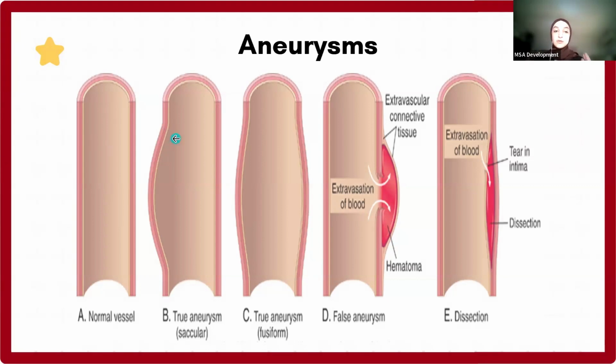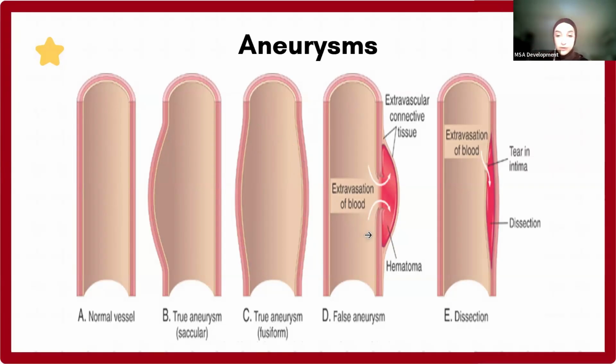So if it's saccular, it's only on one side. If it's fusiform, it's on two sides. So both sides of the vessel wall will be dilated. If it's a false aneurysm, what this means essentially is the fact that